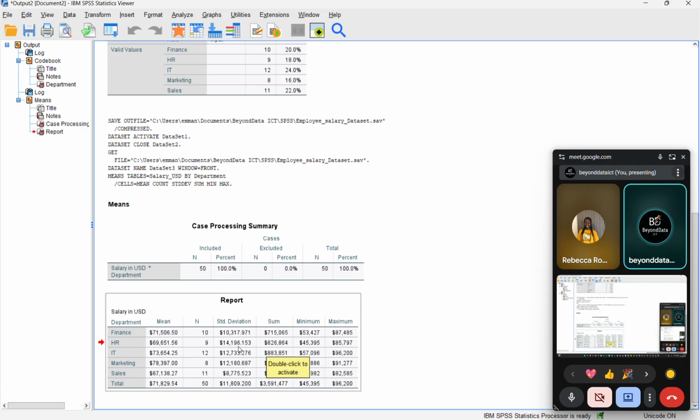Then now we have standard deviation. Standard deviation is telling us how far away are the people, either the ones earning higher or the ones earning lower, from this mean per department. So what does that mean? It means that the higher the standard deviation, in one way, either to the minimum or to the maximum, it means that there is someone who is earning less